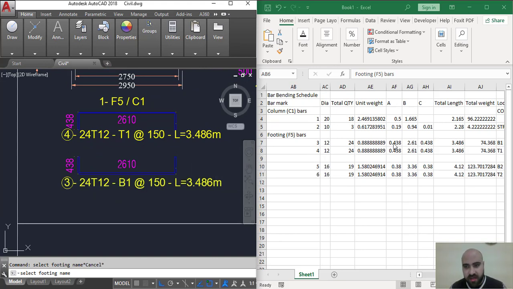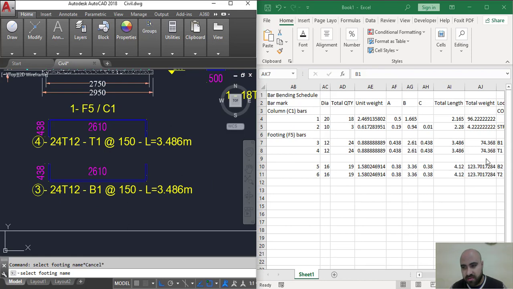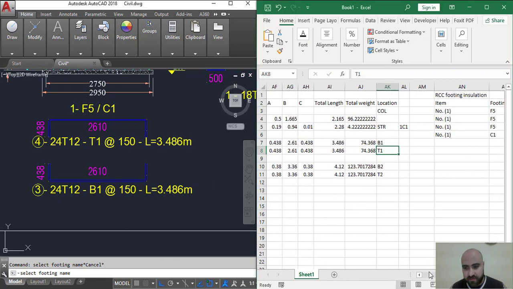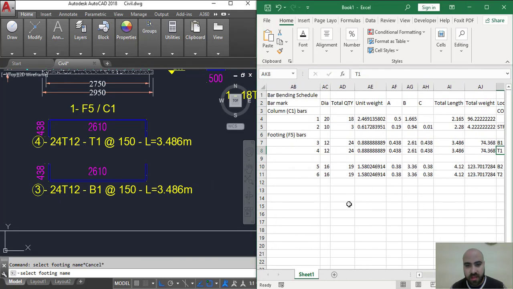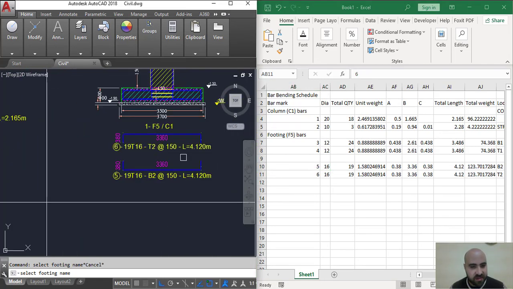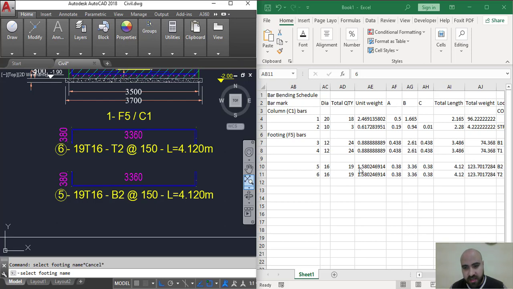The unit weight, A, B, C here, A, B, the same, and the total length. And also put in B1, the direction B1, and this in the T1, this in the T1, the same. And also for bars 5 and 6, it is the same, 19 pieces,